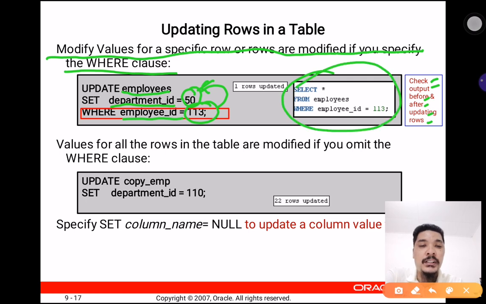So this is the previous data. The previous value for employee ID 113. Now we want to change the value to 50. Alright. The next one, values